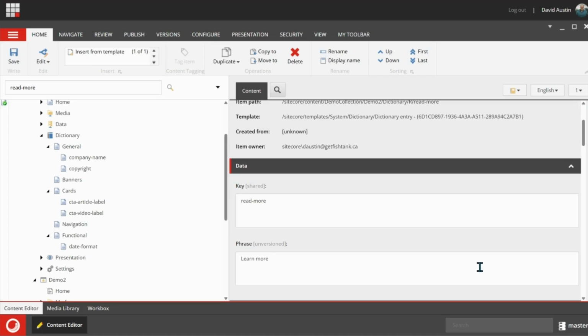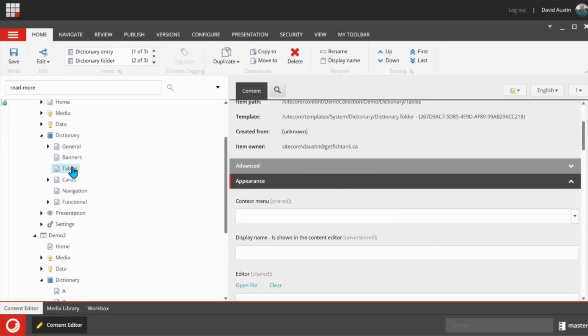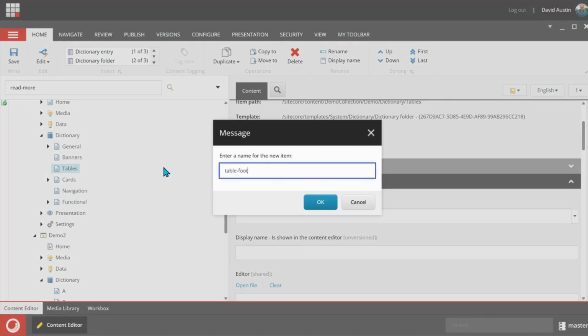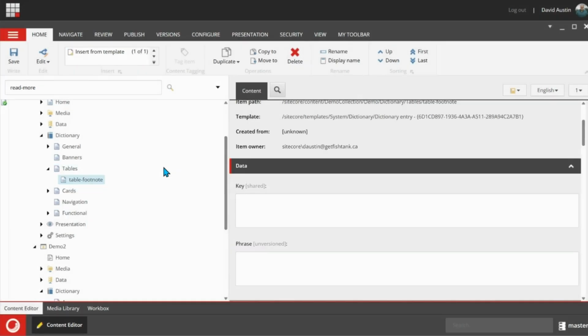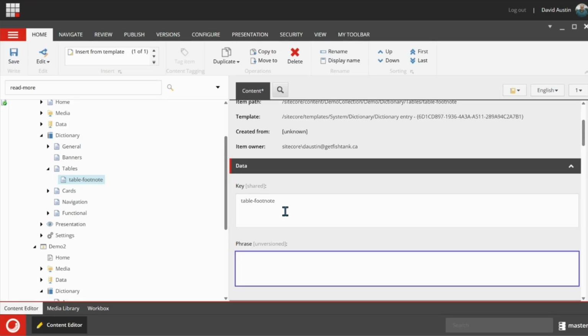Can you do HTML in some of these? Yes. I might have, let's say, a table entry here. We're going to create a tables folder, and we're going to call it table footnote, and we're going to have table footnote. Now we might want to say as of,